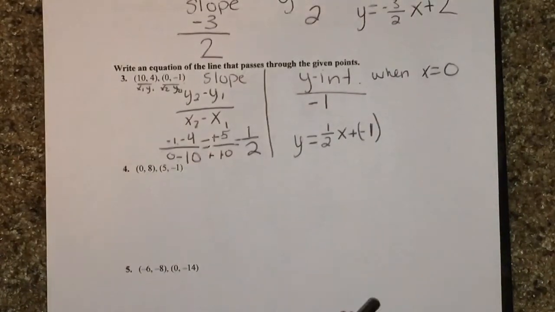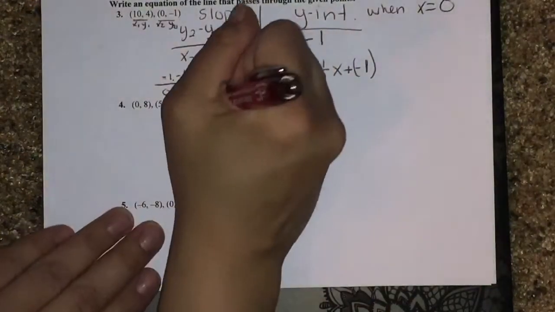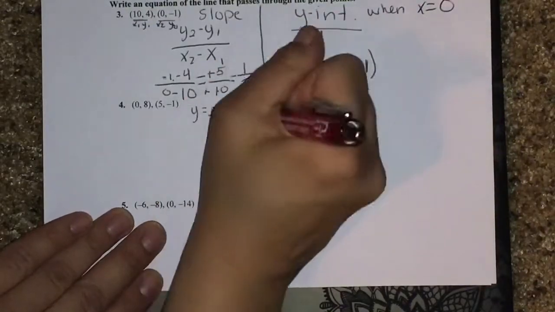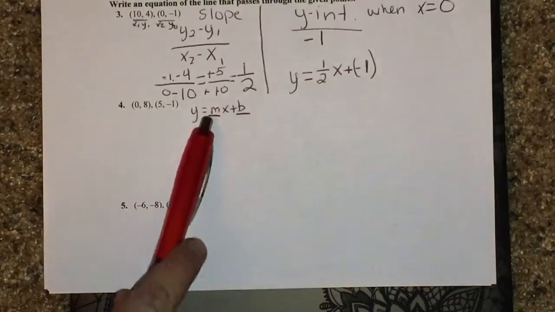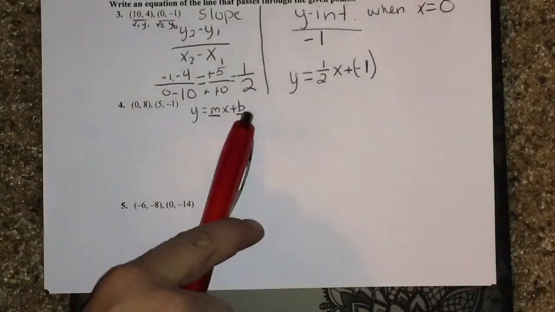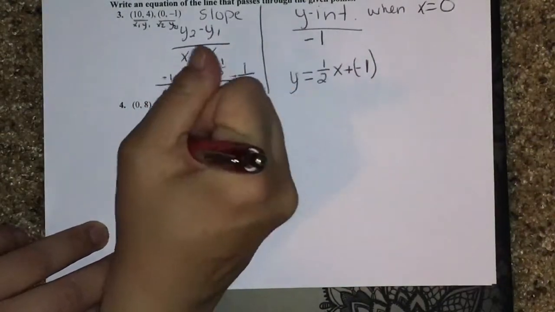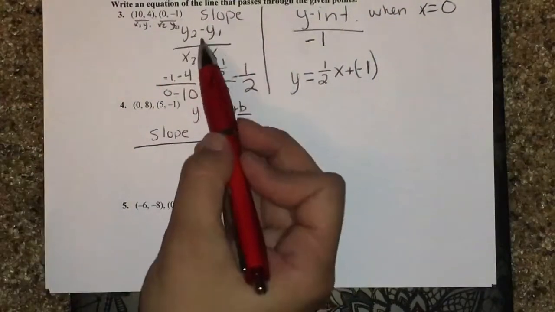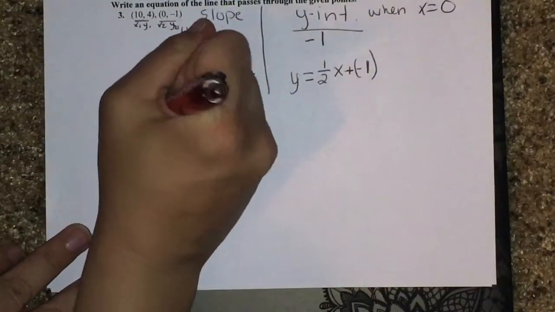Let's go ahead and do number 4. What are the 2 things that you need to write the equation of a line? The slope and the y-intercept. And you are going to hear me say that again and again and again. You need the slope and you need the y-intercept. So step 1, let's find the slope. We're following that same equation that we did up here, the same slope equation. So let's label our points